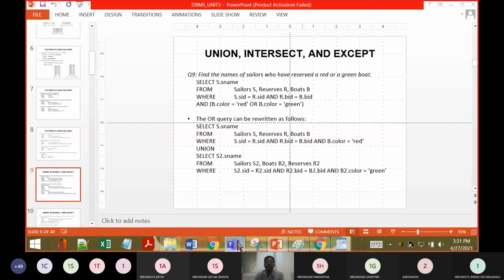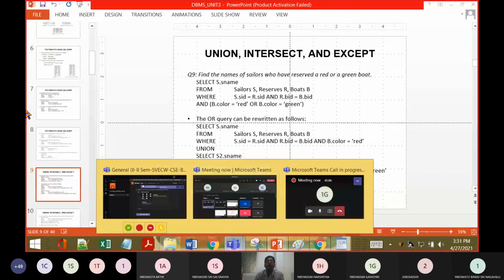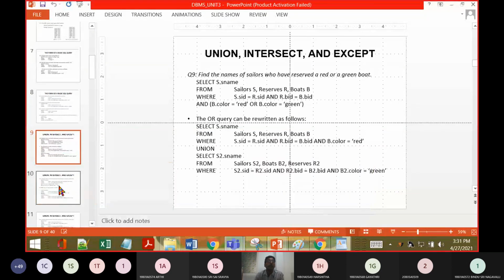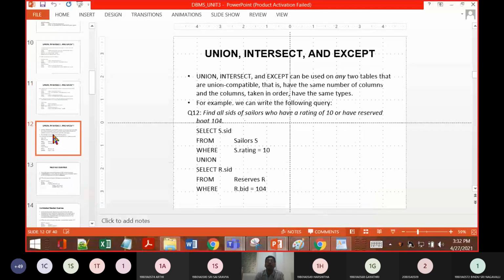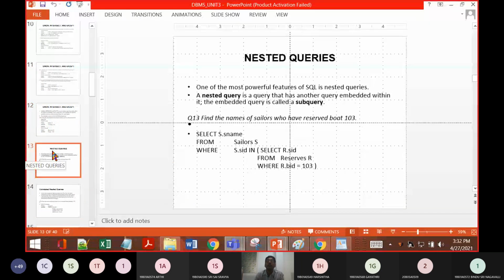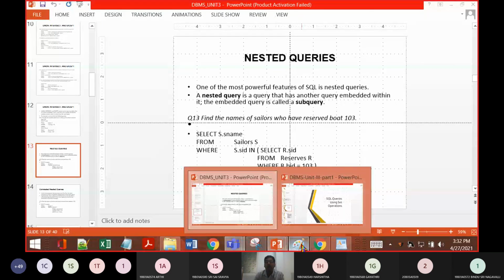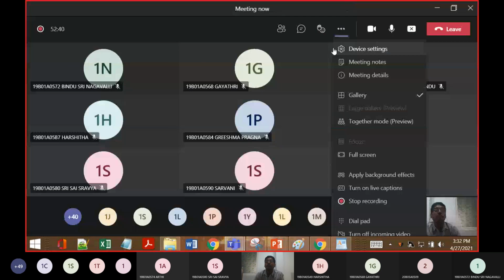This is the takeaway for today. In the next class, we will be talking about unions, intersections, and other primitive operations, followed by nested queries. This will be the takeaway for the next class. So just stopping here.